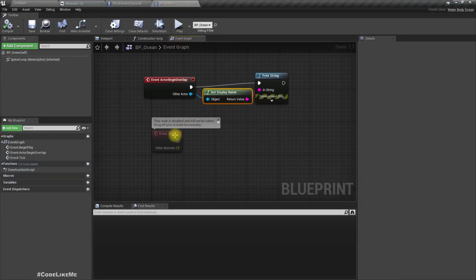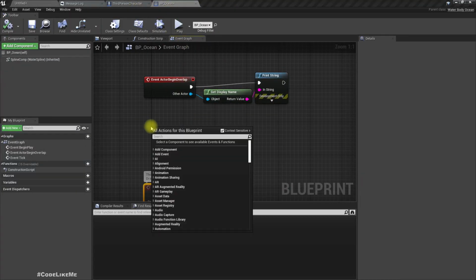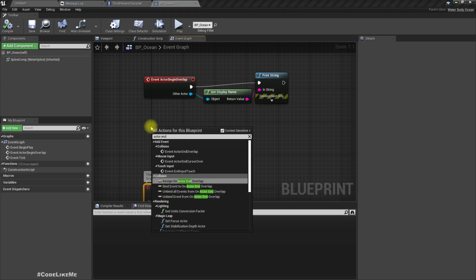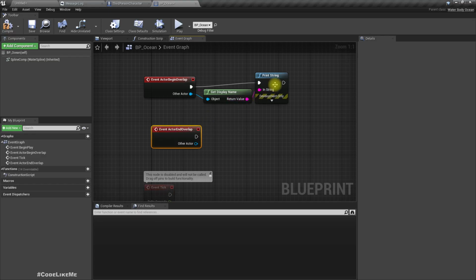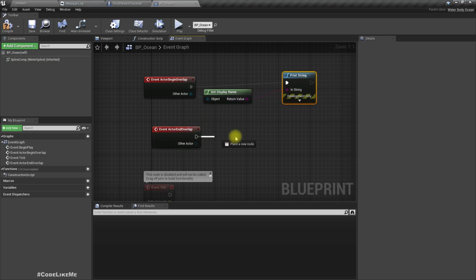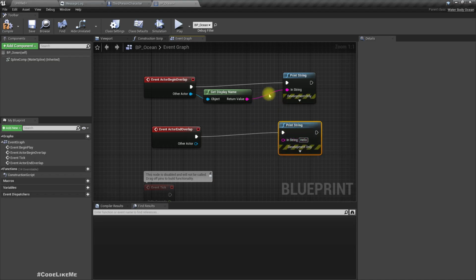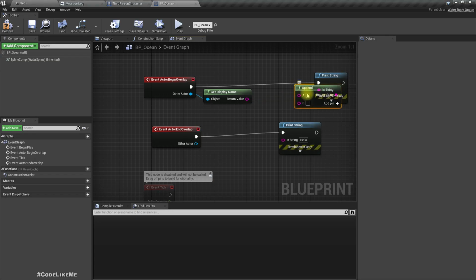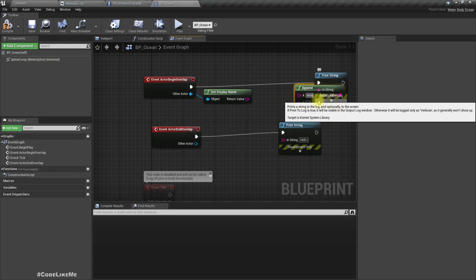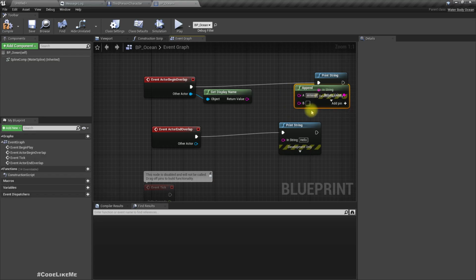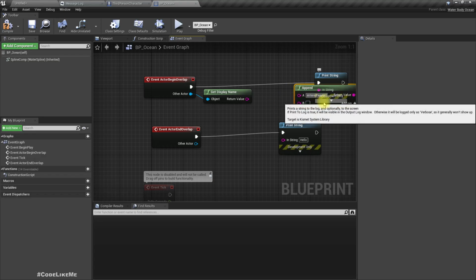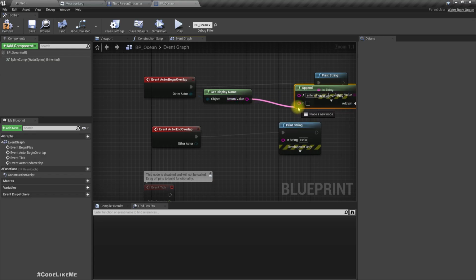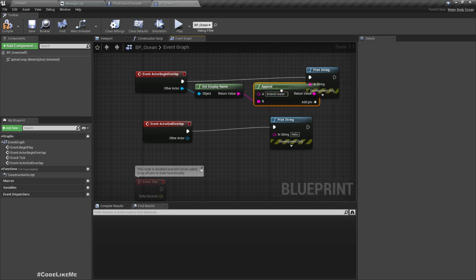And we need another object, actor end overlap. I'll add a print. And let's change this like this. Append entered water, character name,